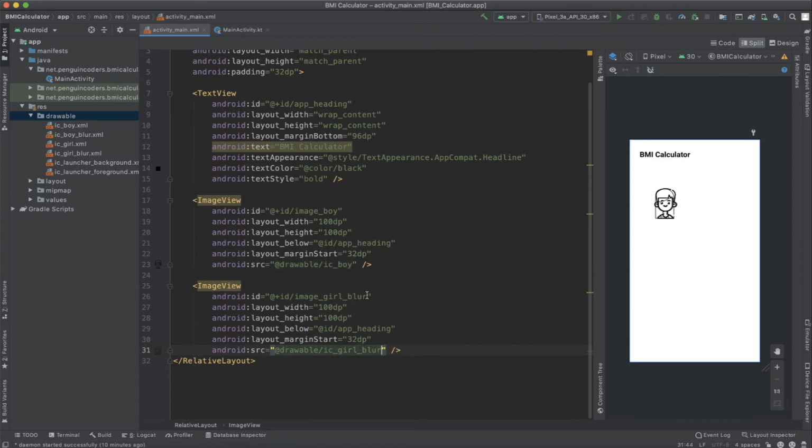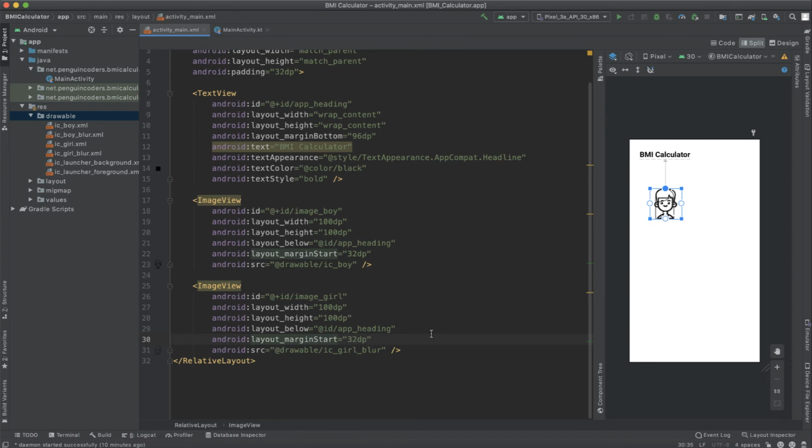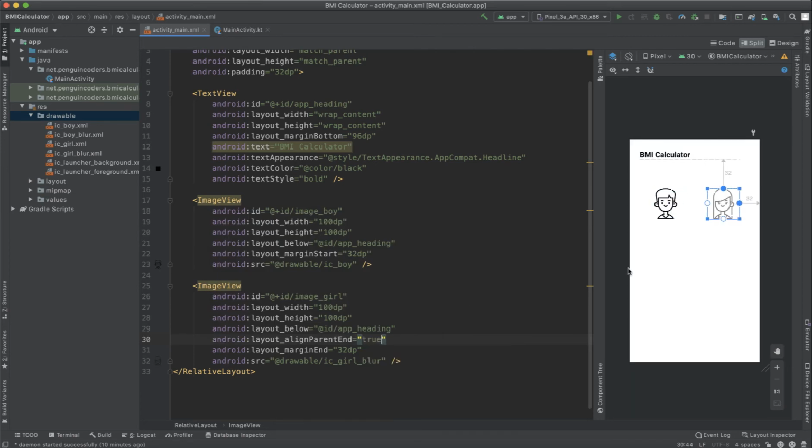Okay, change it to image girl. Then we will be having layout margin start. Instead of margin start, we will have margin end. So this margin end will be 32 dp and we will have it align to end of the parent. So align parent end is equals to true. So this will move the girl image to the right side.